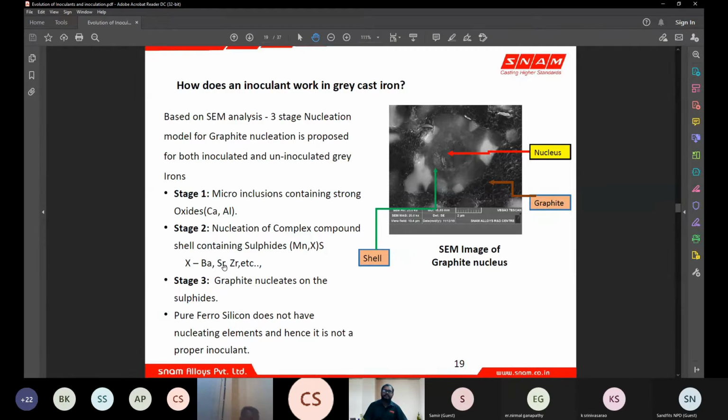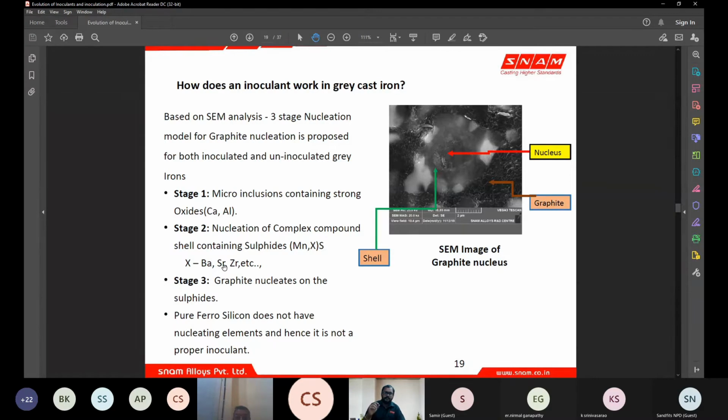So as I was discussing previously, the amount of carbon which is going to come out is going to be the same. Say for example, you have melt A and melt B which have the same composition. You use the same furnace, you have the same tapping temperature, and melt A has a barium-based inoculant addition. Melt B doesn't have that barium-based inoculant addition. The difference between these two would be that you will not have that X element, and the same amount of carbon is going to precipitate because the carbon content in both the alloys is the same.